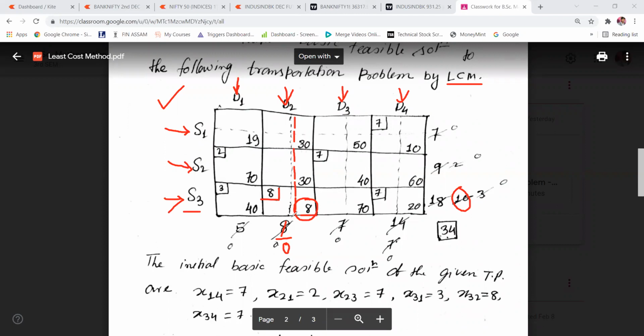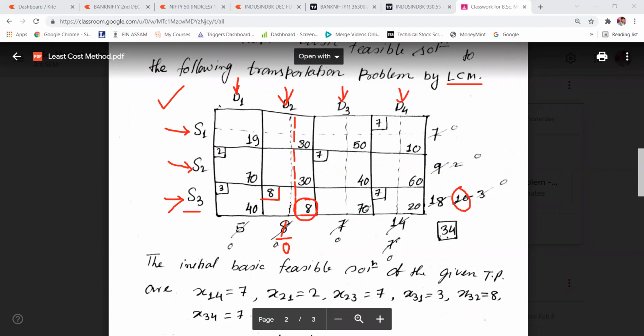Since the demand is fulfilled, we have canceled out column 2. After that, for the cells where we have not made any allocation, we need to check the least transportation cost. So what is left? This column, this column, and this column.